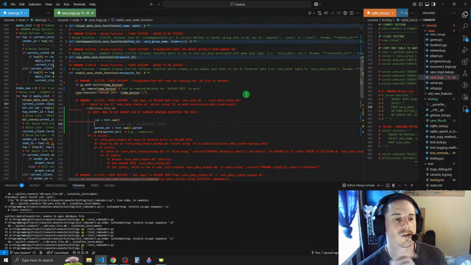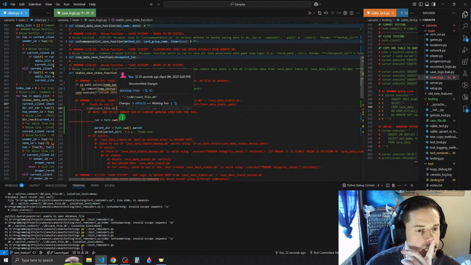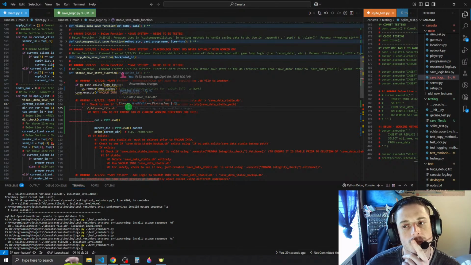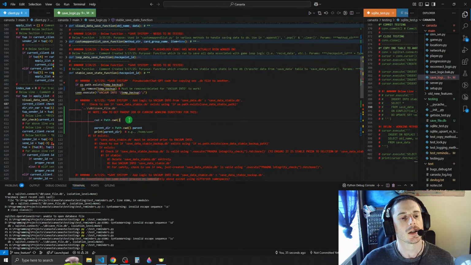Well, could we just do it like that, using if os.path.exists, and then we would pass this string to it? I feel like that would be the way to do it. Am I wrong? I don't think I am,